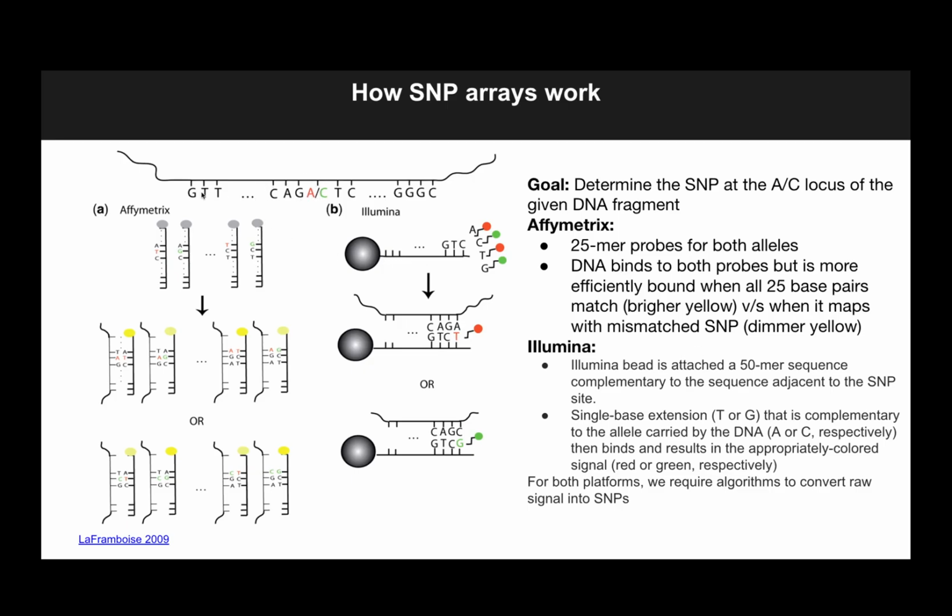So a particular SNP, for example, at a particular location could be an A or a C. What you will do is design oligonucleotides specific to known locations where SNPs can occur. So you take the DNA sequences where you know that a particular SNP is known to cause something, right? And the way this is made possible is because